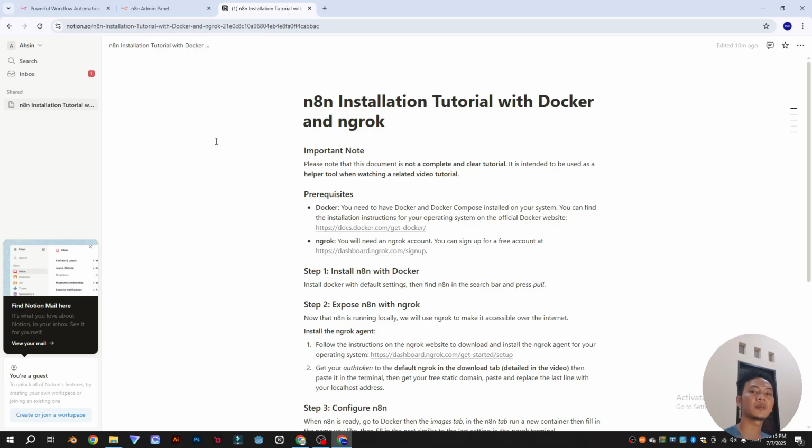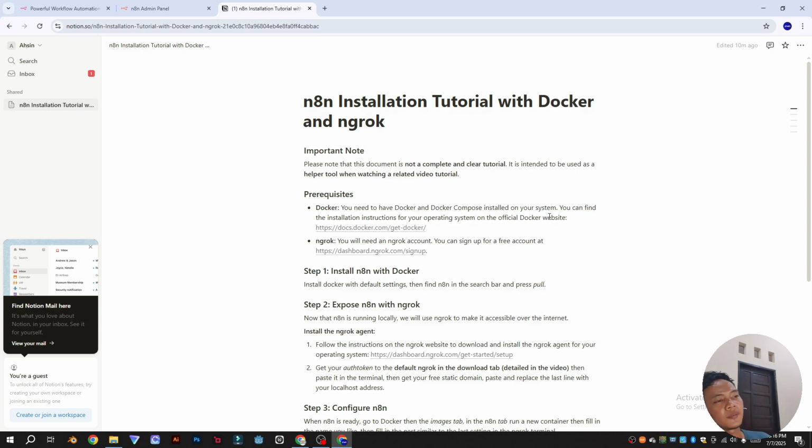For local installation, we will use a technology called Docker. Docker allows you to run NXN in an isolated environment on our computer, making the process standard, clean, and non-disruptive to our main system. Additionally, we will briefly touch on ngrok.